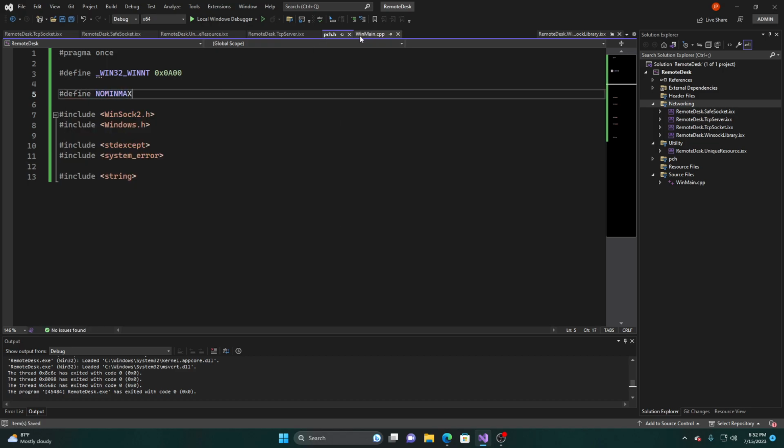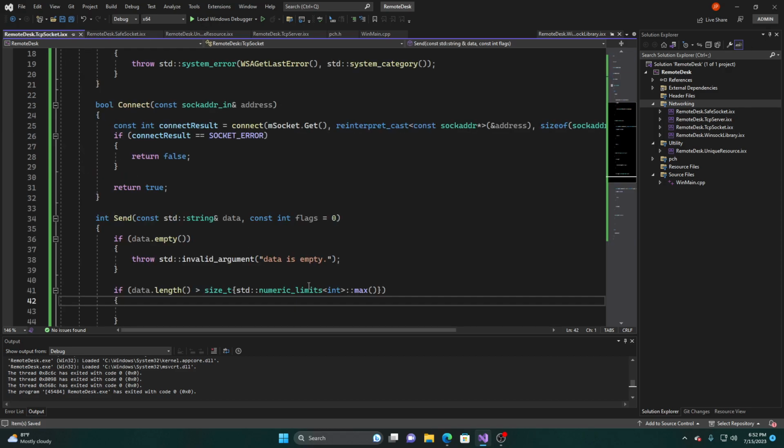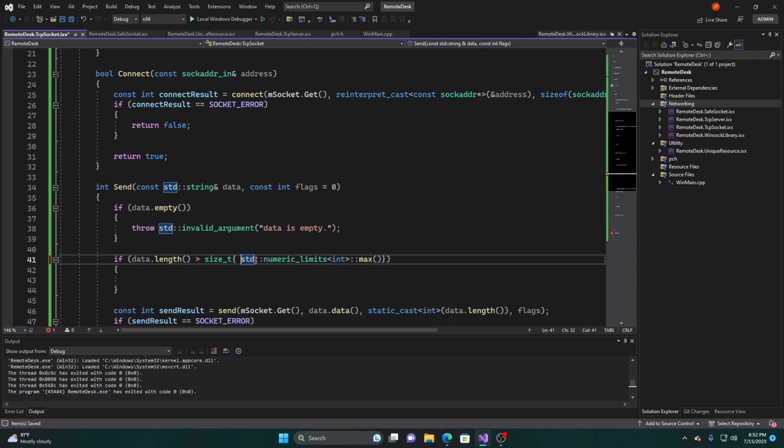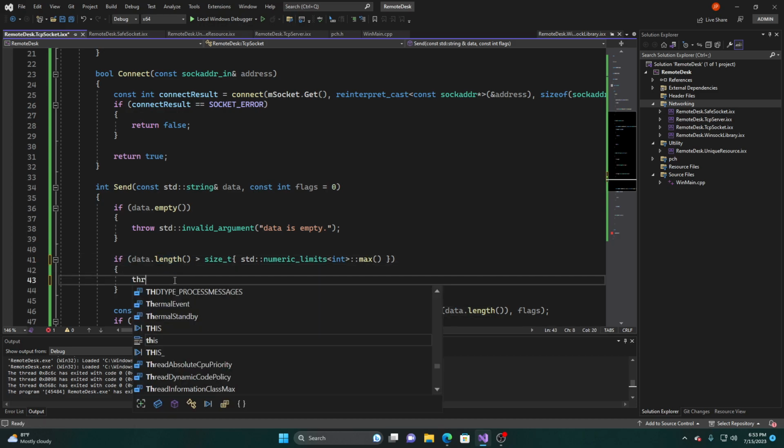I don't want min max. Okay, so all we're doing here is we're getting the size for this and the max. This should be, yep, so that's the max for an int value. If the length is greater than that, we're going to throw